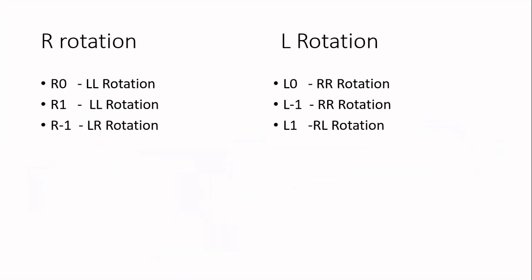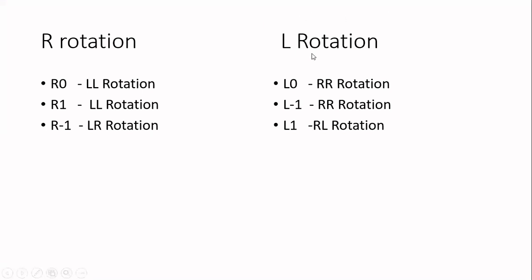Now we have seen three different types of rotations. We started with the tree and identified that if the node to be deleted is present in the right subtree, we will go for R rotation. Then with the help of the balance factor of the node in the left subtree of the critical node, we identified whether we will go for R0, R1 or R-1 imbalance. Now let us focus on the other type.